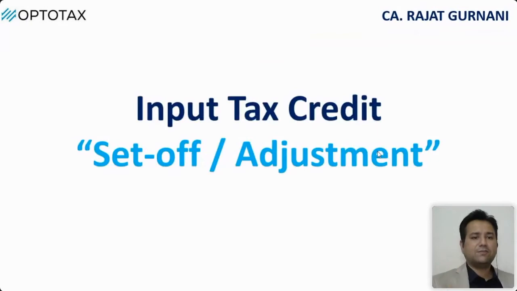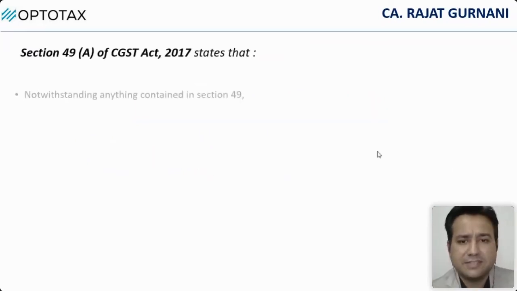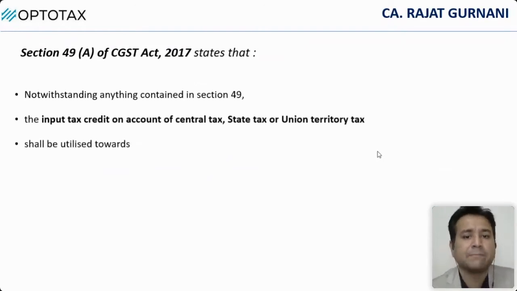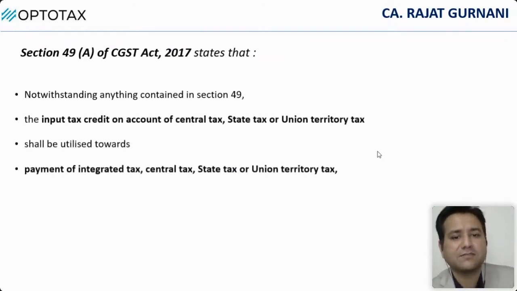Input tax credit set off and adjustment. Since this was also part of the agenda, I have kept it in this presentation. However, it's not that tough. It's straightforward. So it says, section 49 subsection A of the CGST Act states that notwithstanding anything contained in section 49,